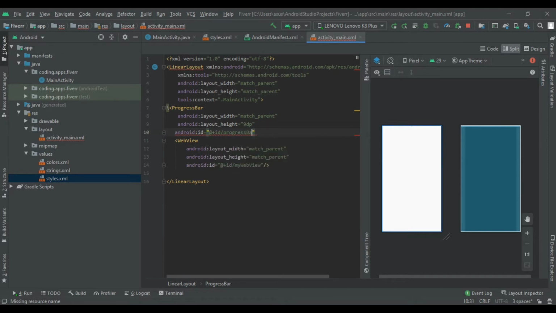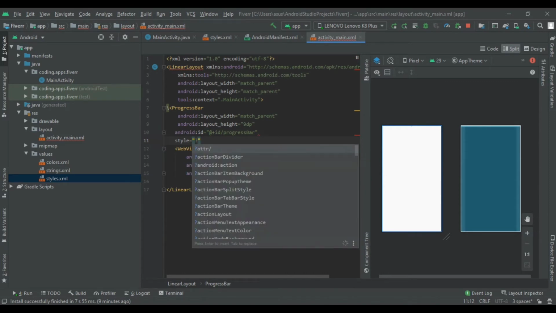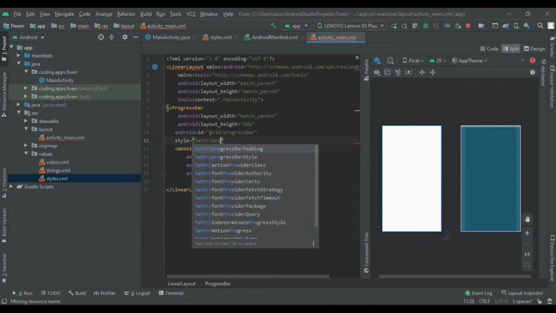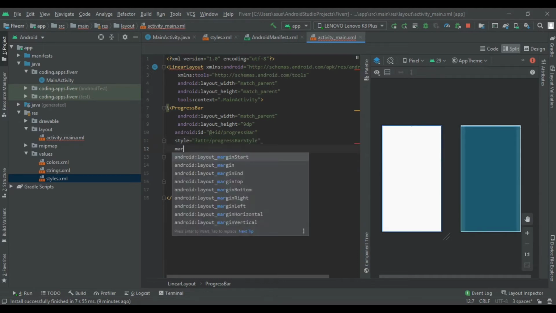After that we write the style: style equals question mark, attribute, progress bar style. After that we apply the margin top to our progress bar. So margin top will be -2 dp, so it sticks with our action bar.